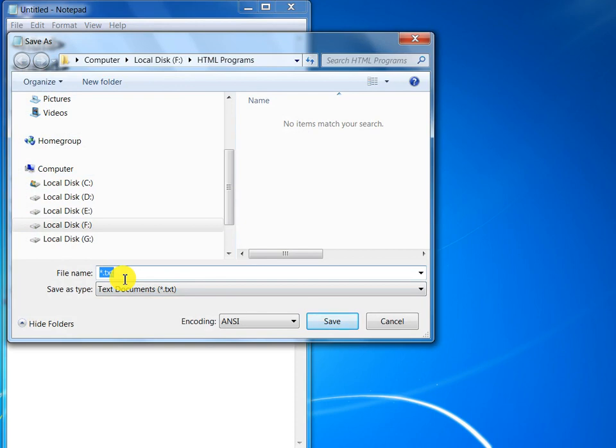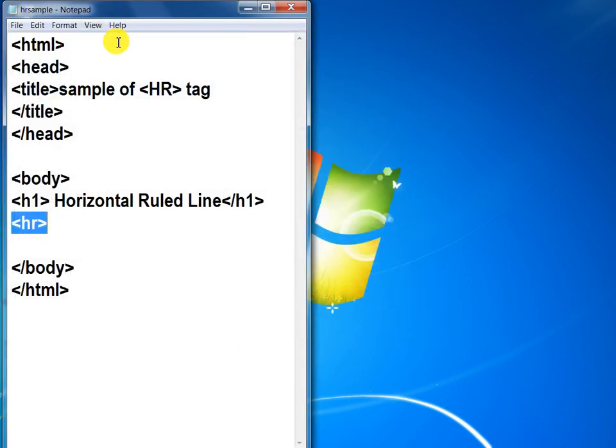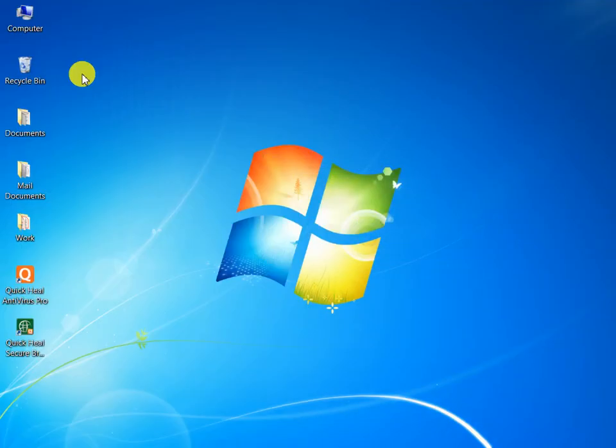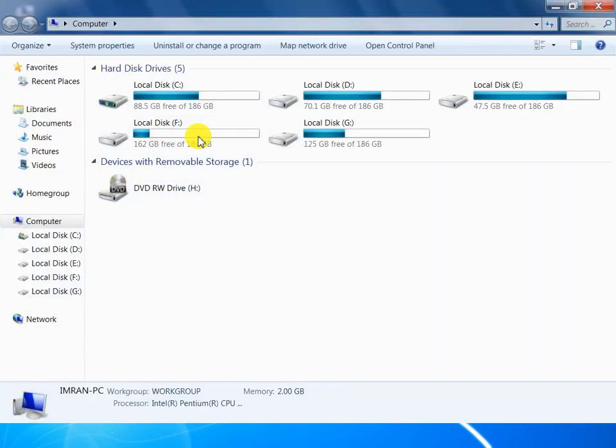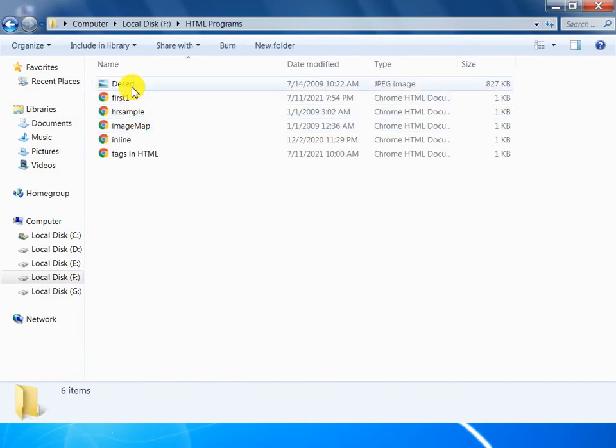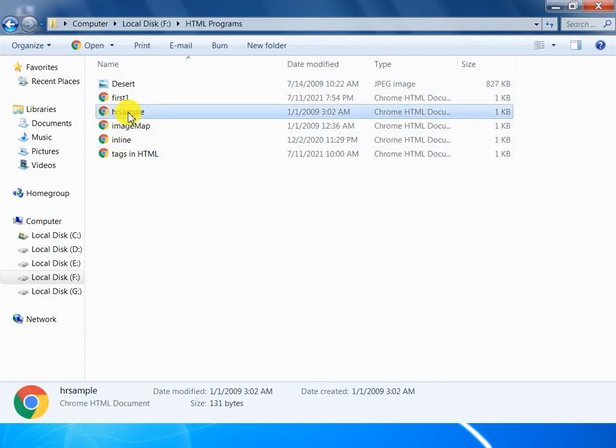Type the file name here, that is hr sample.html. .html is the extension that converts your text editor document into a web document. Save this file and open the file.